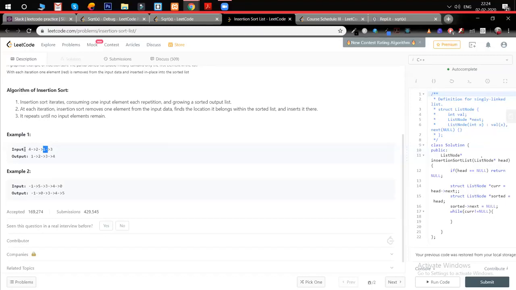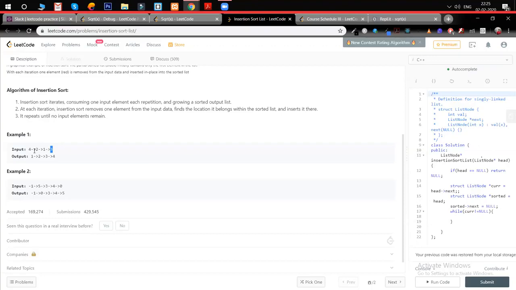It will encounter 2, and since 2 is greater than 1, I will insert the node 1 at the beginning, and then my current node will be at 3. Then I will remove 3 over here and iterate again. When I iterate from the left, I will encounter 1, then 2, then 4. While I encounter 4, I will insert it between 2 and 4. So basically I'm using two pointers: one which has the contents of the sorted array and one which is unsorted, the current.